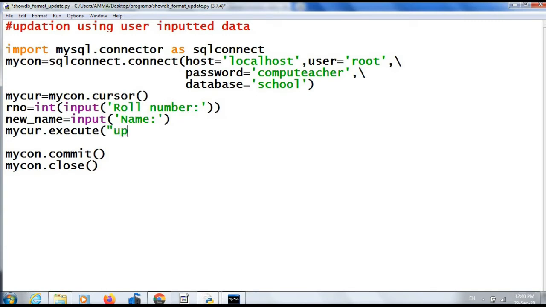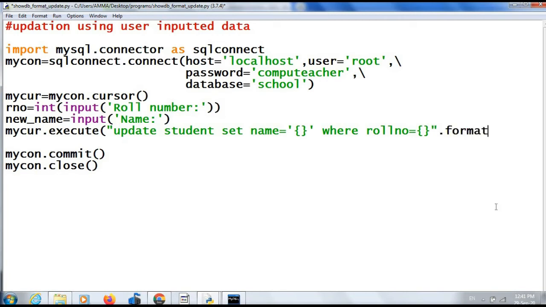The query is: update student set name equal to curly bracket within quotes, where roll no, that is the name of our attribute, roll no equal to curly bracket. Then close the quotes, dot format.